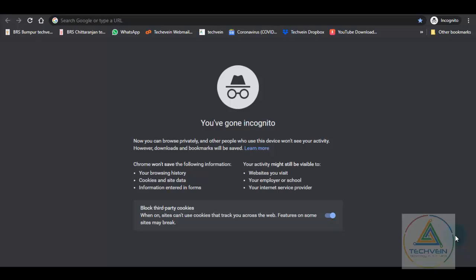Welcome all. Today we are going to see how we are going to log in with our school's account in Google to take our online classes. So, once you have been provided with the email ID and password from Tegven or the school, the thing that you need to do is first open the Google Chrome browser and enter Google.